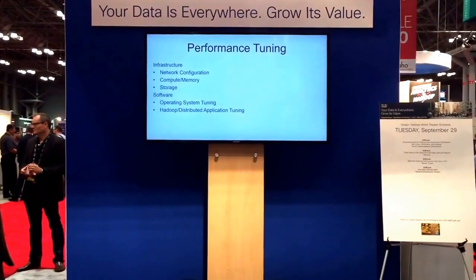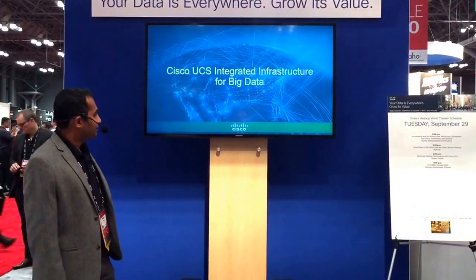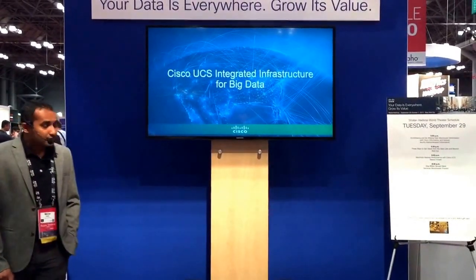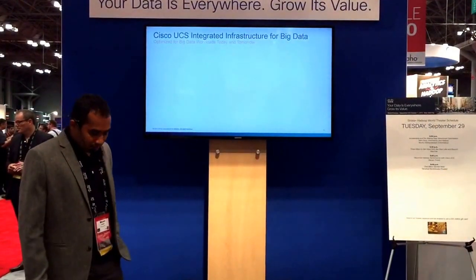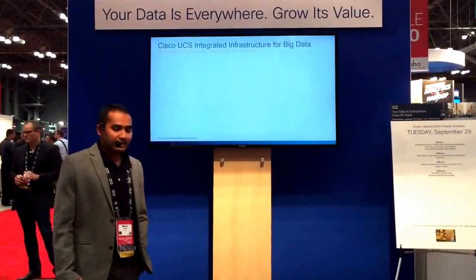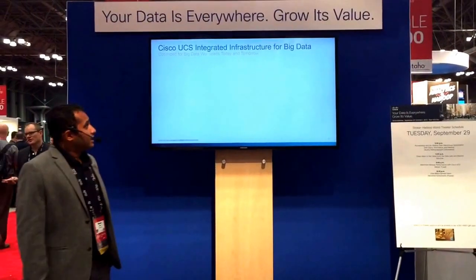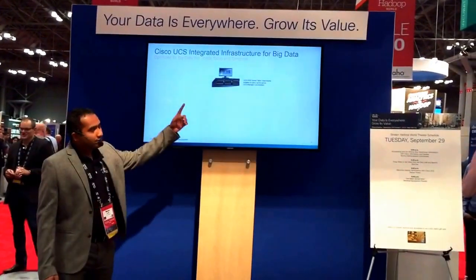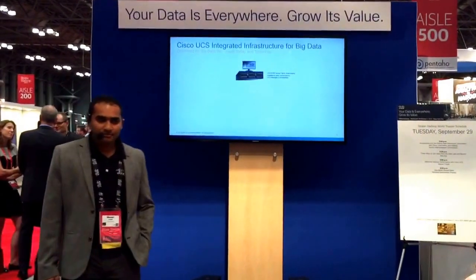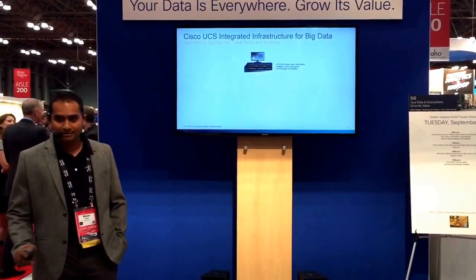So let's start with a little understanding of the Cisco UCS Integrated Infrastructure for Big Data, and what that is. When we say Cisco rack servers, we are not just providing compute and storage, we are providing a whole integrated infrastructure for big data: compute, storage and networking. For networking, we have something called Fabric Interconnect. It's nothing but a Nexus switch running UCS software on top of it, which manages, provisions and monitors the whole UCS data center and whatever domain you connect to it.